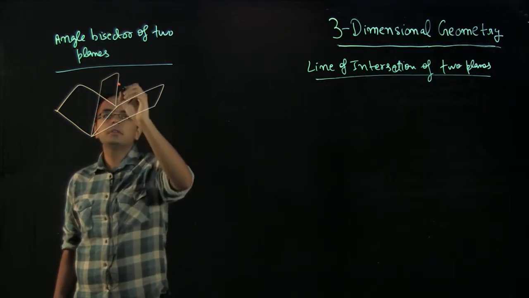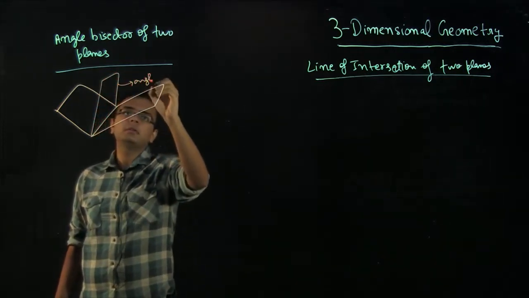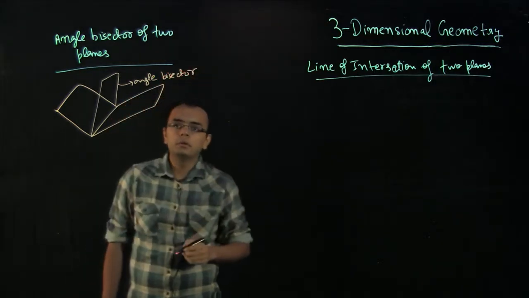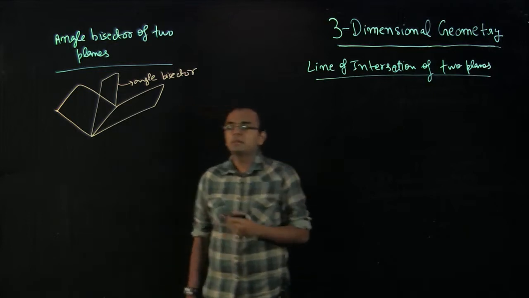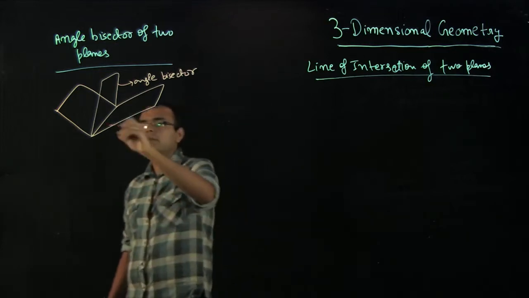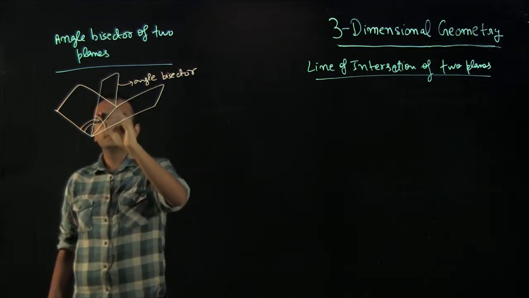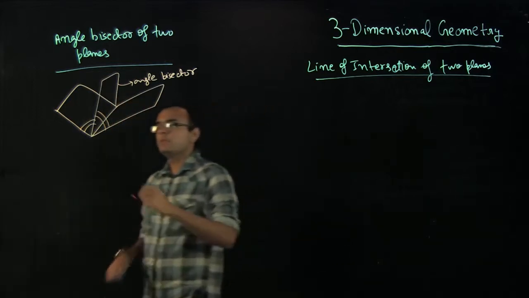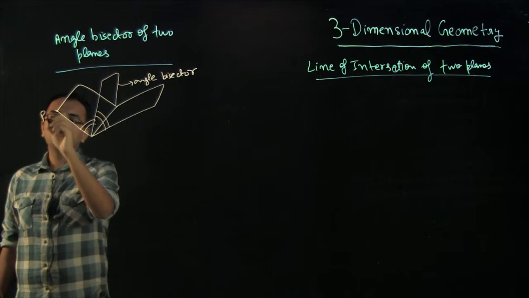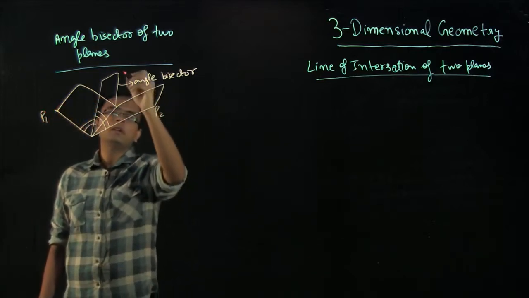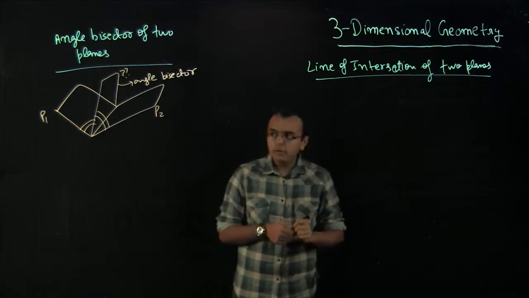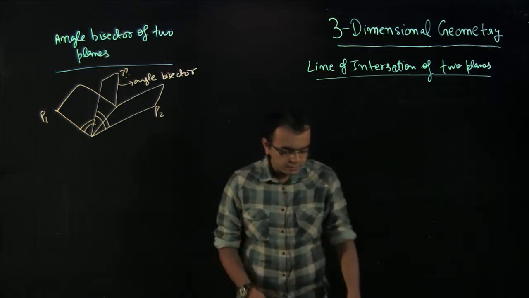So this is the angle bisector, a plane which is the angle bisector of the two planes. So this angle is the same as this angle, and you have been given equations for P1 and P2, and you have to find the equation of the bisector. Now if you think about this, the easiest way I think about